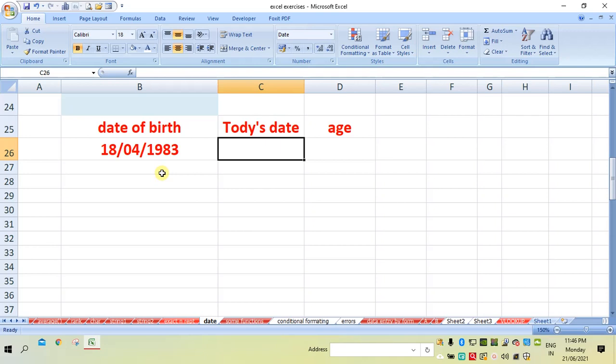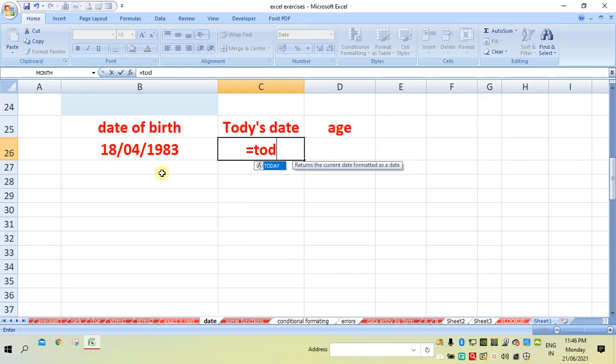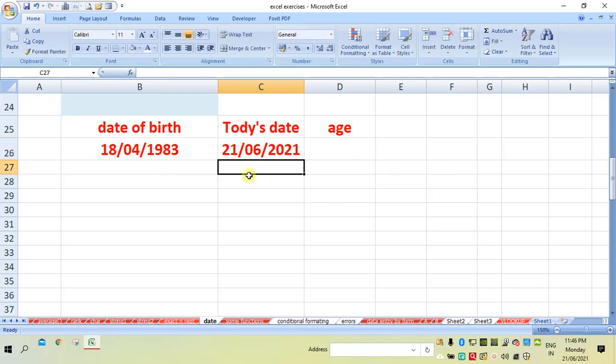So today is equal to, just use the TODAY function to get today's date. So this is today's date. Now to find the age, you have to find the difference between these two, so that you will get the age.